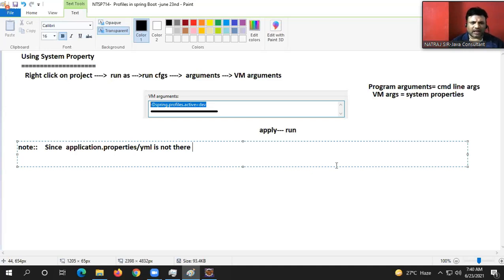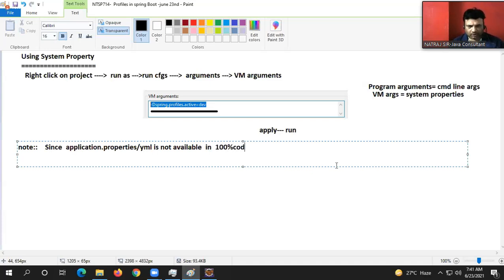Application dot properties or YML is not available. Are you understanding my point? Come on, one minute. I'll come to that. YML is not available in